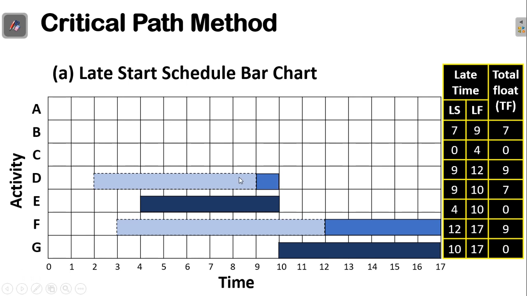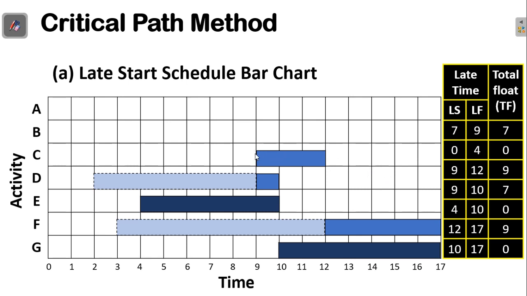So the other activity is activity C. Activity C has a late finish on the 12th day, and the 9th day is the late start of activity C. That means we are going to start on the late start on 9th and the late finish on 12th. So the late finish is on 12th and the late start is on 9th, and this activity has a